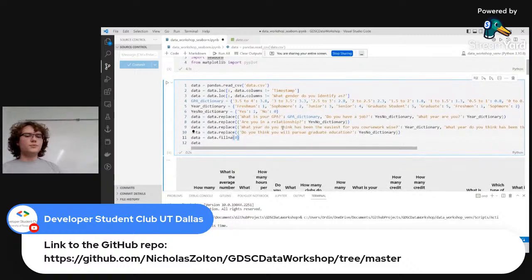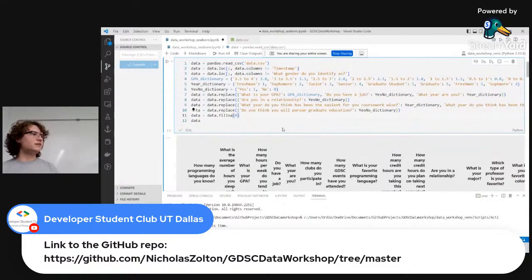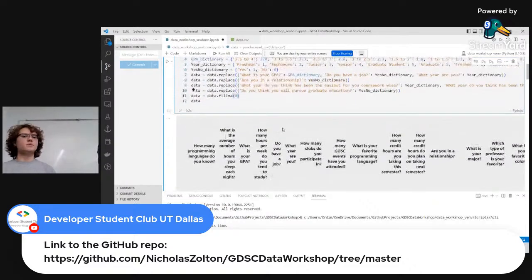And then down here, we are actually filling all the non-applicable values. So if you skipped any questions or submitted something that was incorrect input for the given question, some of them may have let you. If they did, it is now setting that to 0 for these numeric columns. And by saying,